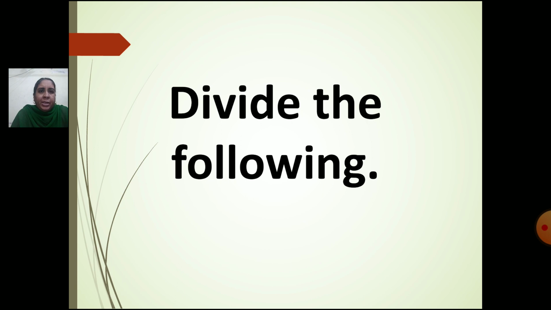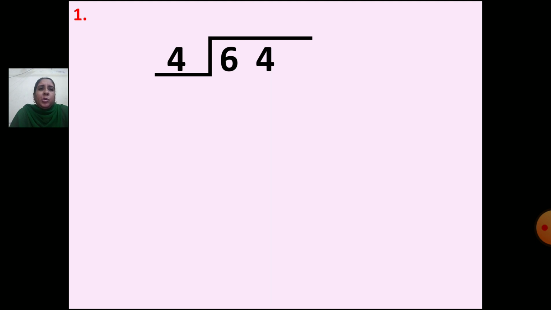Now let us do the next question. Divide the following. Now first question, 64 divided by 4. Now in the exam, you don't have to do this multiple division and show it. But division sums can come. The answers will be given in options. So you have to find out the answer in your rough book during the exam time. You have to keep one book with you to do the solving, and then you have to take the correct answer. Okay. So you should know how to divide.